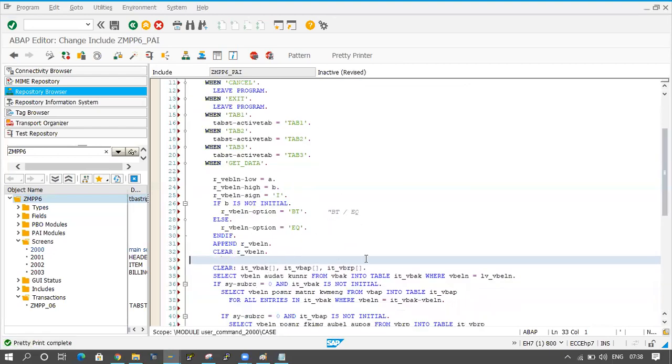Fine. Now in place of LV_VBELN, I will take R_VBELN, and this is the range, right? Range and select options both will work like that, and I'm giving here in. This is not a single value, this is the range here, so that's why I'm taking in. Okay, fine. Now save it.